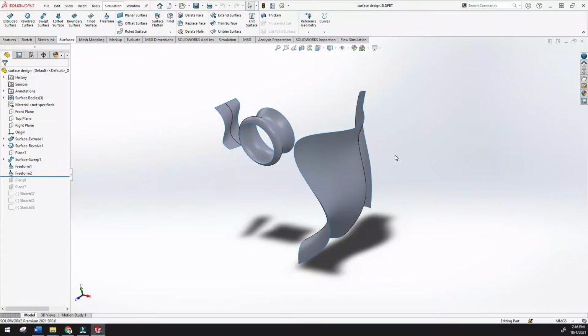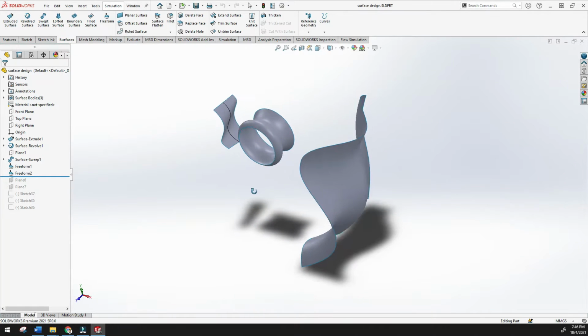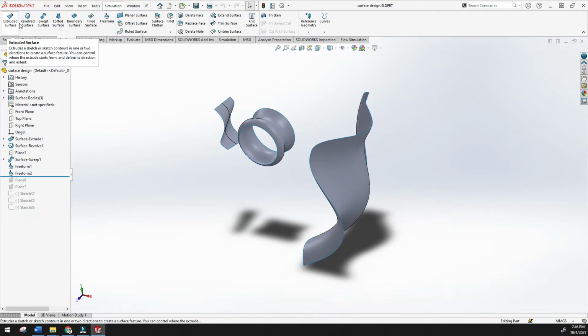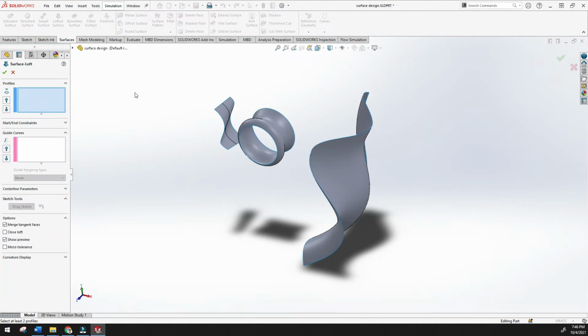Well, let's understand the remaining tools, starting from the lofted surface. In the last video I described the extruded, revolved, and swept surfaces, and now let's discuss these four important tools. One is the lofted surface. For a lofted surface we need a guide curve, if you want to use a guide curve for designing the loft, or else we need any two profiles.